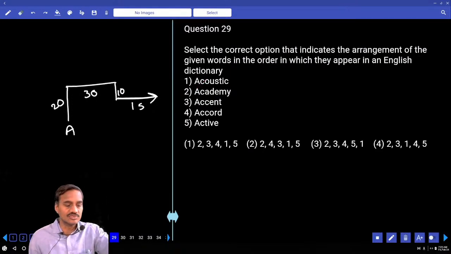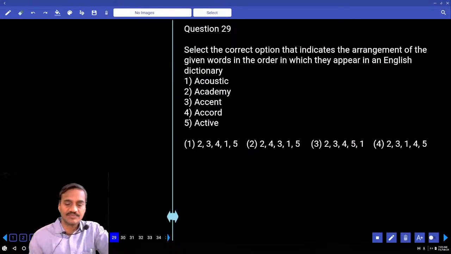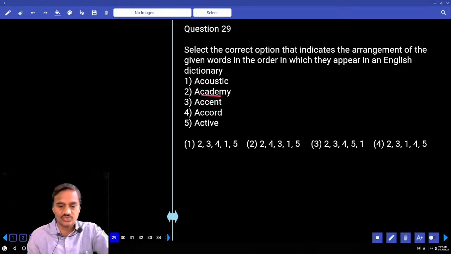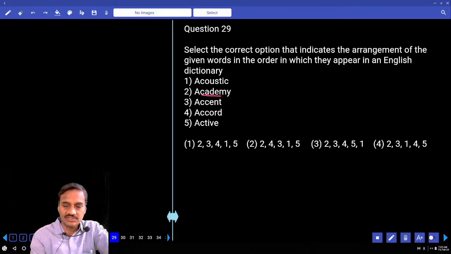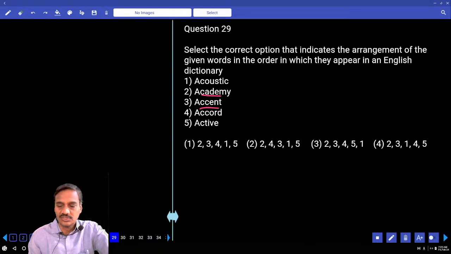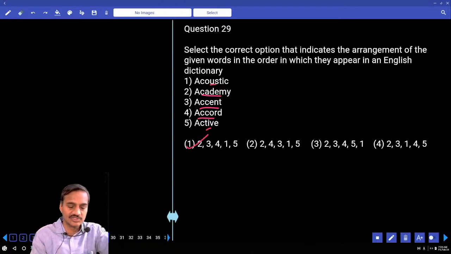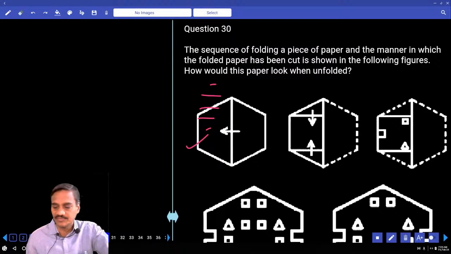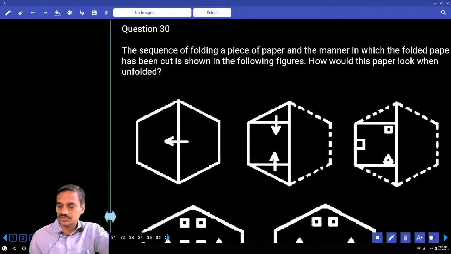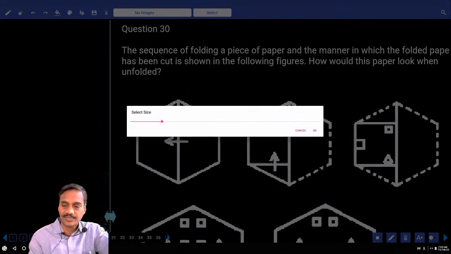Now the 29th one. We need to arrange all these in dictionary order. In dictionary order, first ACA comes first, which is 2, followed by ACC, which is 3. Next one is 4, then 1, and finally 5. Now 2, 3, 4, 1, 5 is the order in the dictionary. Choice 1, question number 29. Then next coming to question number 30, it is based on